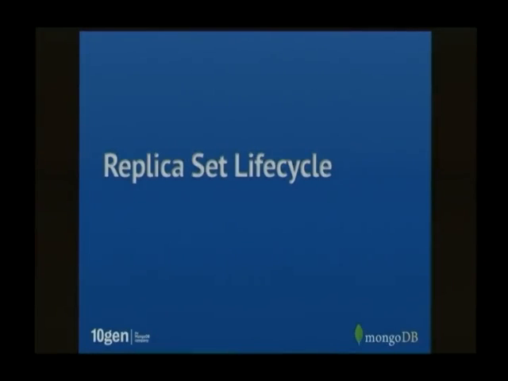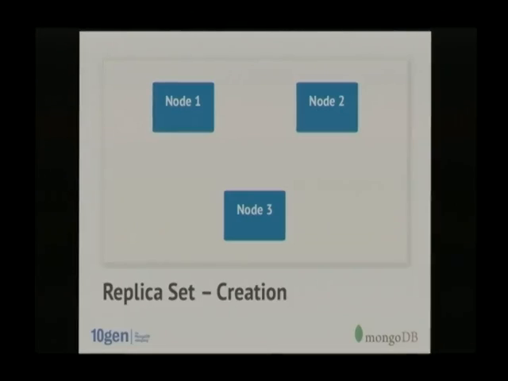So this is the replica set lifecycle. You could actually have a replica set which is one node, but that doesn't make a heck of a lot of sense. The general minimal replica set is a 3-node set. It works on a quorum basis: if you have 3 nodes, you need to have at least half of the nodes available. So with a 3-node replica set, you'd have to have 2 nodes available in order to elect